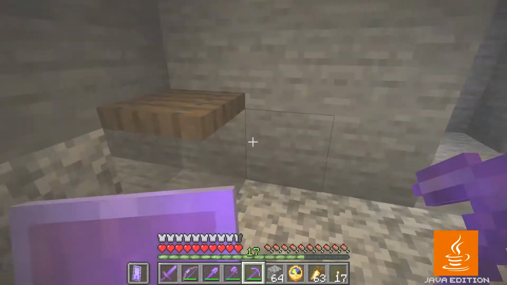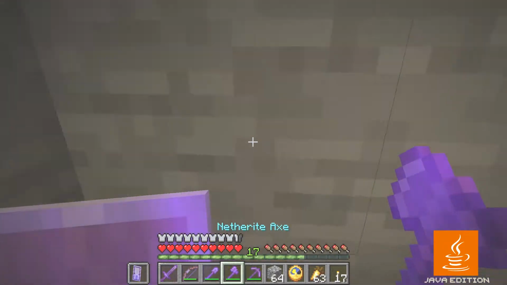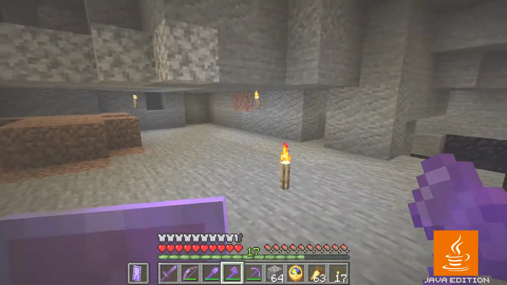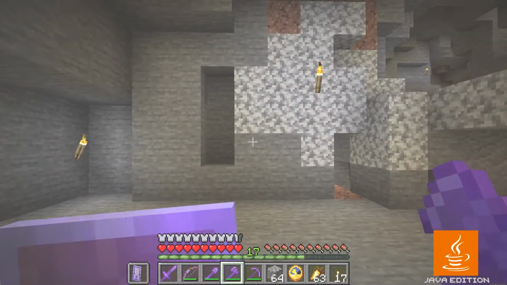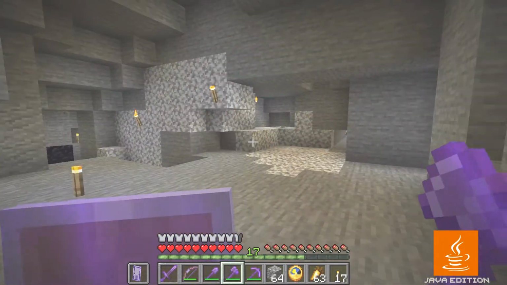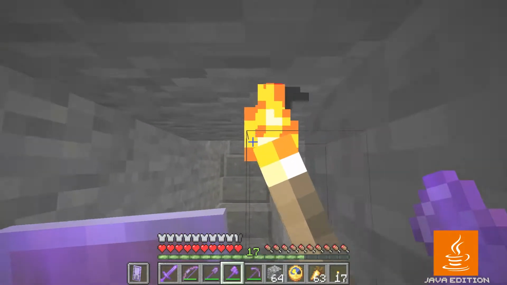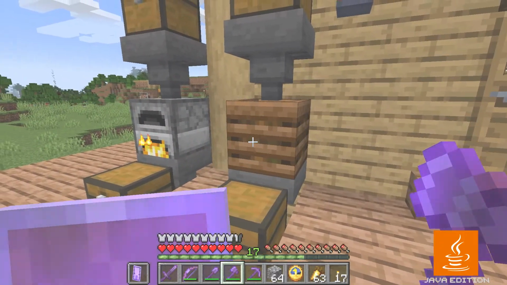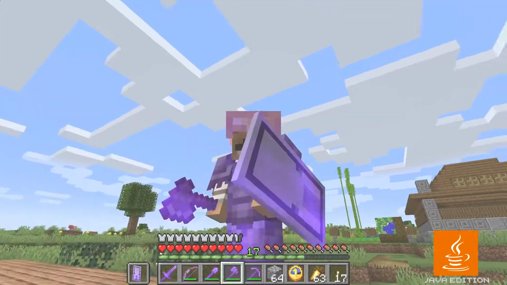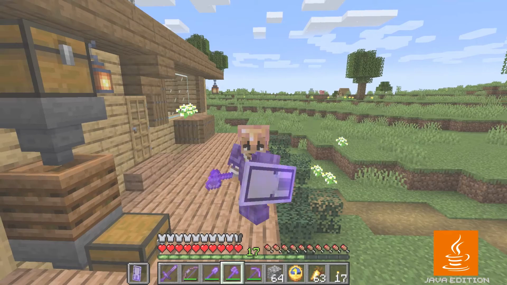And I'm out again. Okay. That was a fun little exercise, but not really what I wanted to do today. Doing more branch mining wasn't really my primary objective today. What I really want to do today is go to the Nether and find a fortress, which is kind of